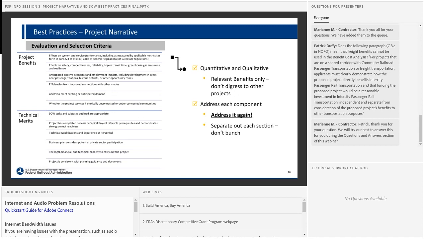It is okay to repeat very key points in this section. And we'd like to see qualitative and quantitative benefits wherever possible. Address each component, and again, separate out each section. So this is important for us to help us better understand where your project meets the criteria.